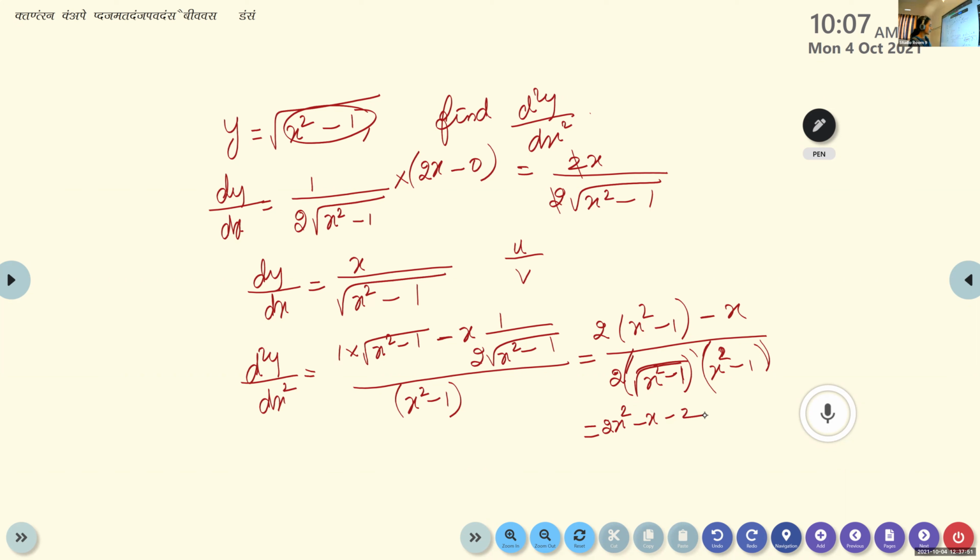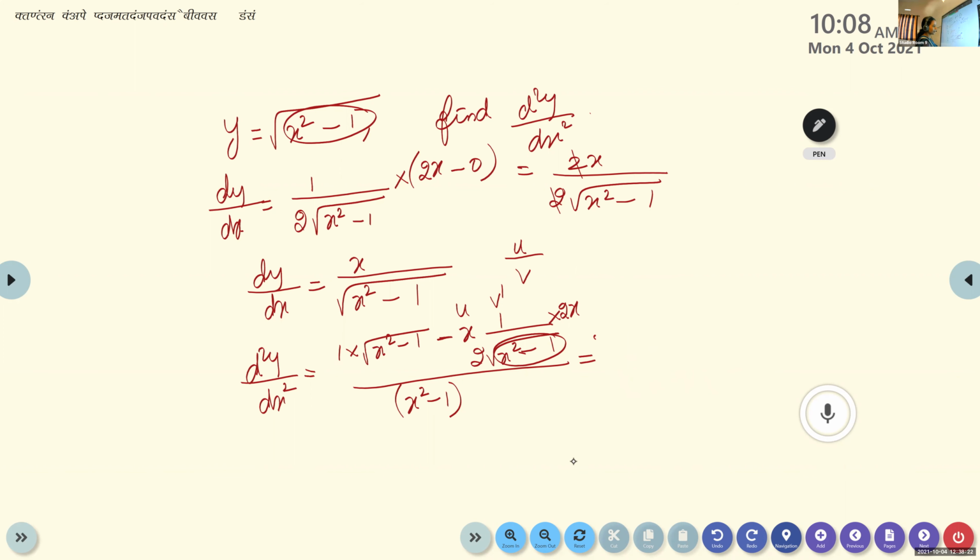But here one mistake is there, Aishwarya. Here you differentiated x square minus 1. Whether we have to differentiate this x square once again. Okay, u into v dash we are differentiating. When you differentiate root x, 1 by 2 root x. But within the root, what we have? We have one more x square minus 1. So when you differentiate it, what you will get? Will it be 2x? Is it clear, Aishwarya?